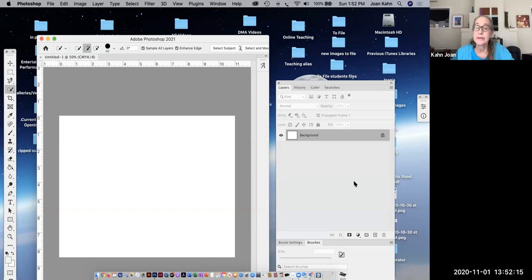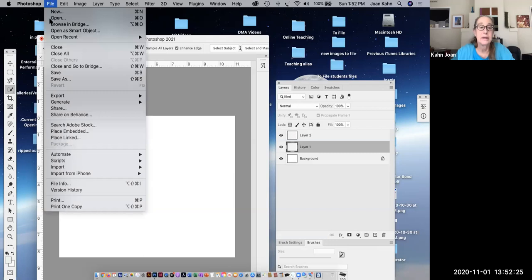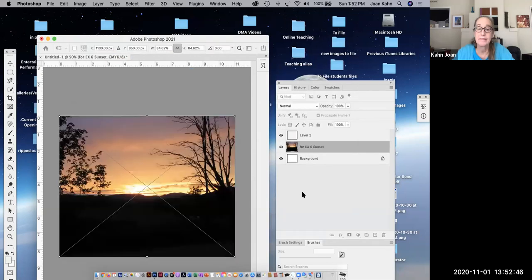So I'm going to make some new layers, 2 to be exact, and on the first layer I'm going to place an image. The image you'll find in your files and exercise files for exercises. So that's in Canvas. The image that I'm getting is the sunset, and I'm going to place that on the layer. And it comes in with an X that when you hit return, it embeds the image, but it